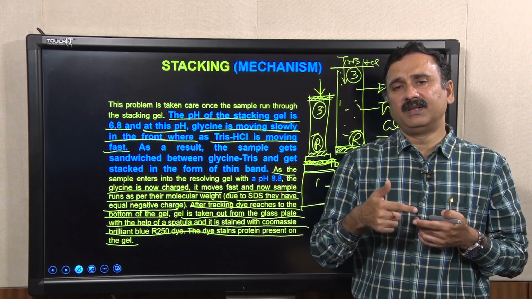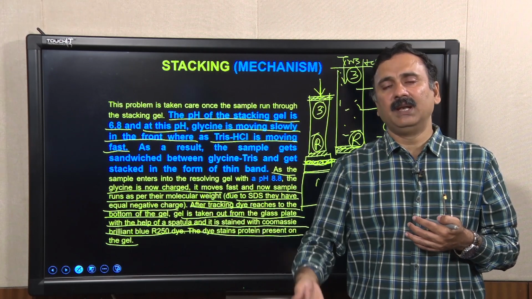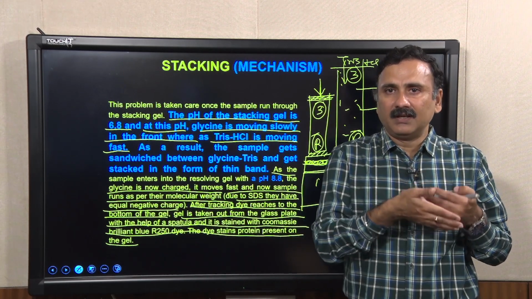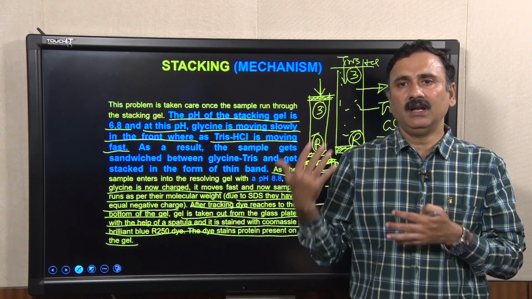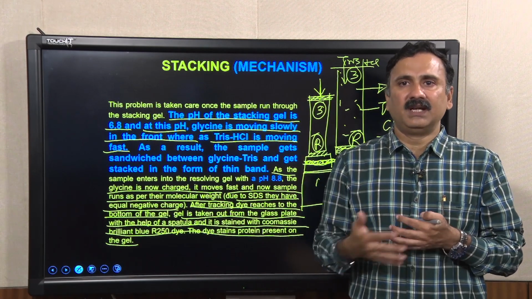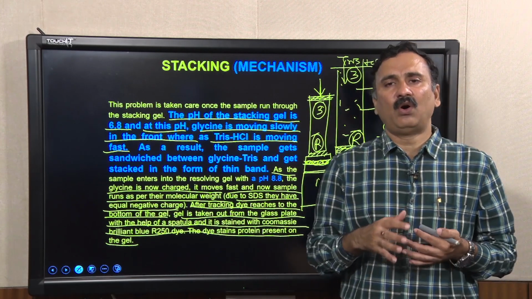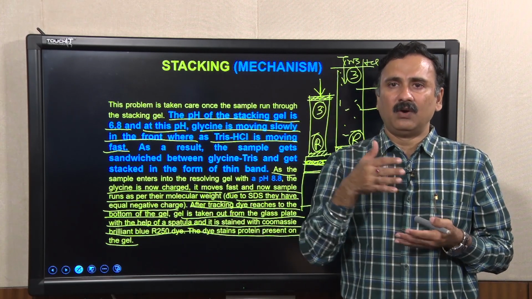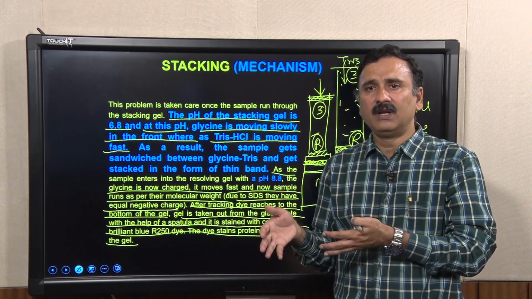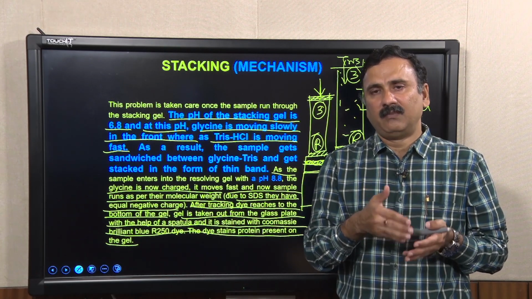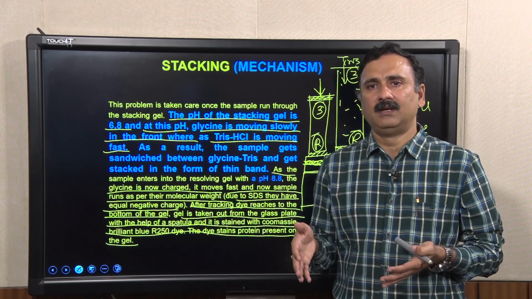Bromophenol blue is a very small dye, so it runs at the front, and as soon as it reaches the end of the gel, you know the electrophoresis is over. Then I can stop the run, take out the gel, and do the staining and destaining to see the pattern of the gel. This is all the theoretical information about electrophoresis, and how the electrophoretic apparatus evolved through different types of apparatus. But this is all theoretical knowledge.